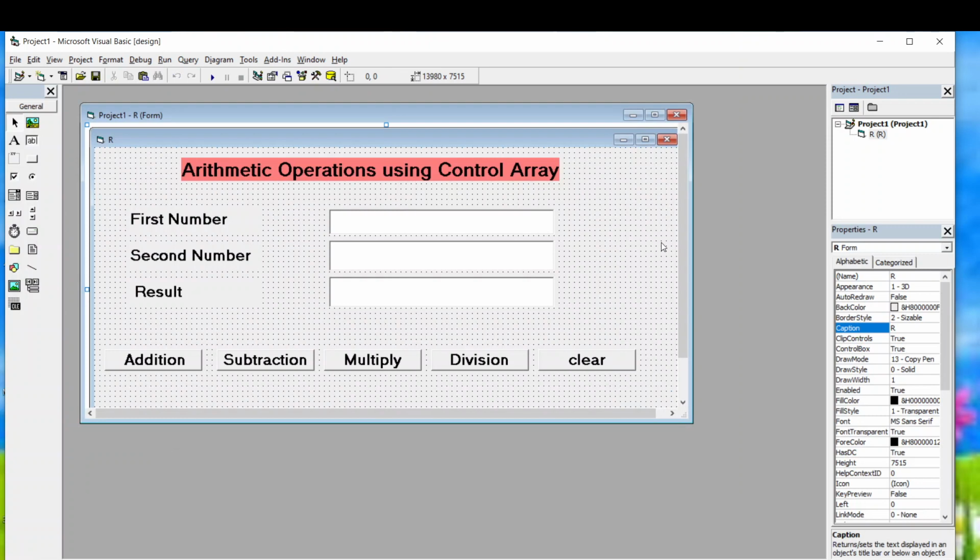I hope this video is understood. You can easily understand this control array statement and how it is used in VB. And these, as I said, are the controls. Using these only, we'll be performing this control operation with the same name. We are performing different tasks with a single event procedure. So this is the concept behind this. As we have learned with the help of this practical example, you can understand it better.